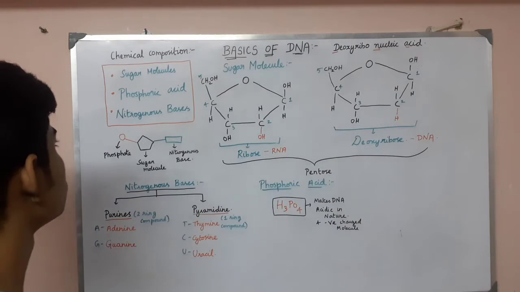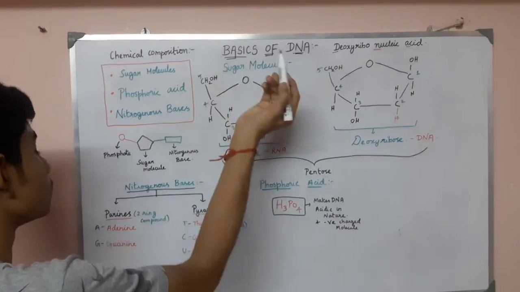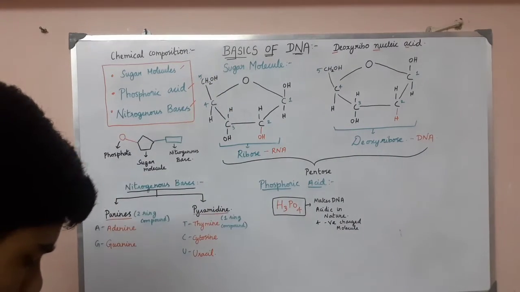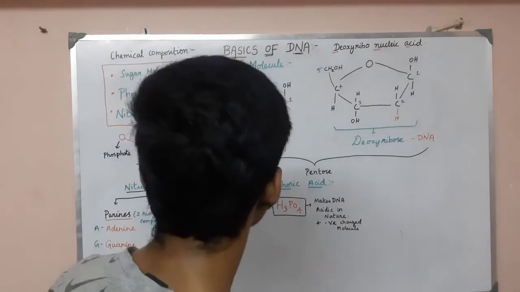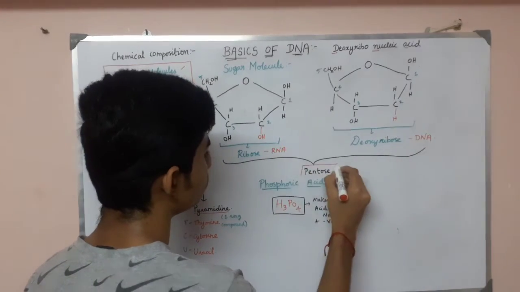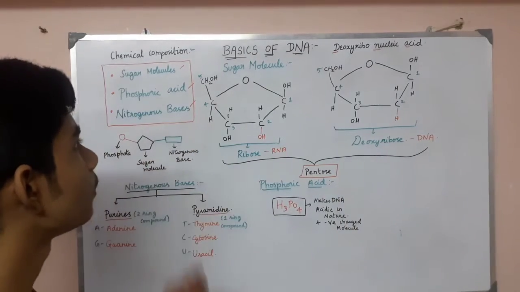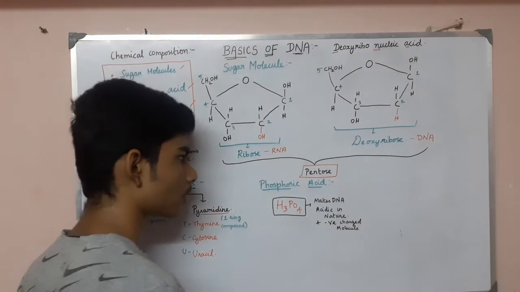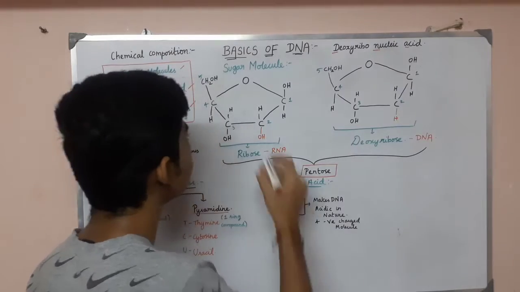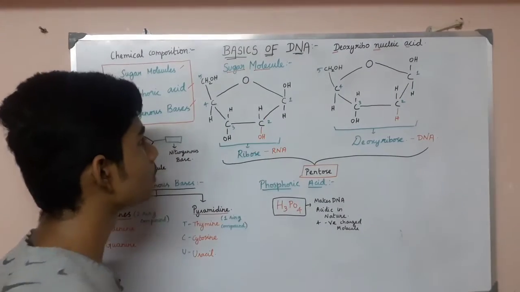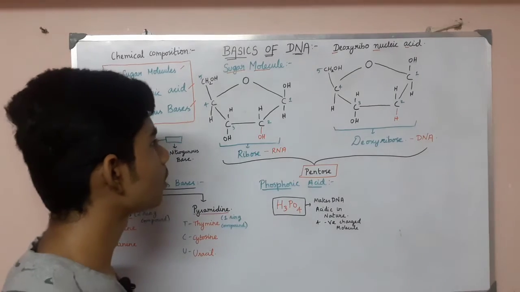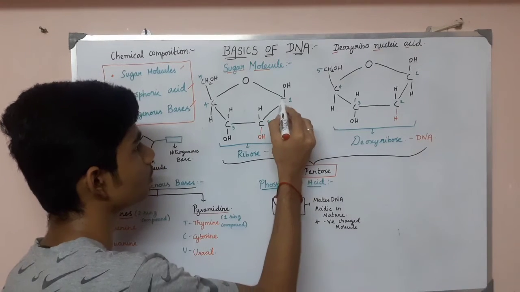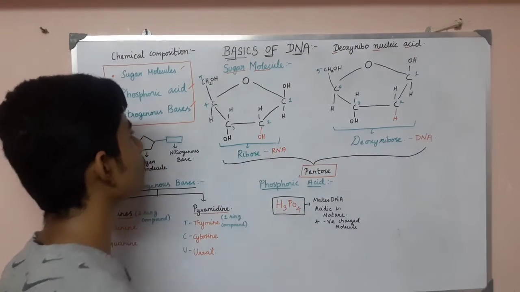As we see about the chemical composition, DNA is made up of sugar molecules, phosphoric acid and nitrogen bases. The sugar molecule is always a pentose sugar. In this video, as we are covering DNA, we will also cover RNA. Okay. So sugar molecules are pentose sugar because in this compound the sugar molecule contains 5 carbons. Let us see. This is a sugar molecule in which 1, 2, 3, 4, 5 carbons are present